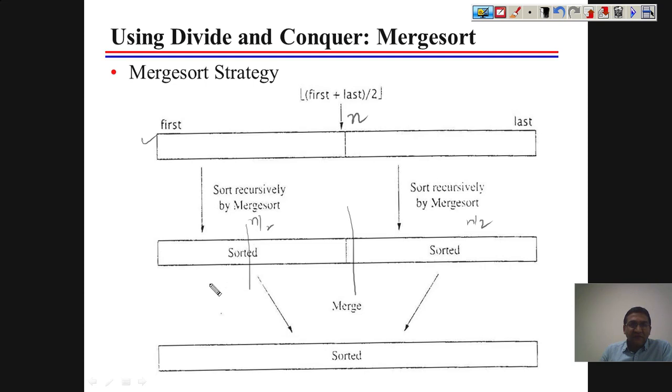Again we will divide this n by 2, or you can say n by 2 by 2, that is n by 4, n by 4. This is also divided into n by 4, n by 4, and we keep on dividing until we reach a situation where the array consists of only one element, and then we start combining these smaller arrays. So we need to divide, then we need to conquer, which means we have to solve these small problems, and then we have to combine these individual solutions to get a solution for the larger problem, that is our actual problem given to us.